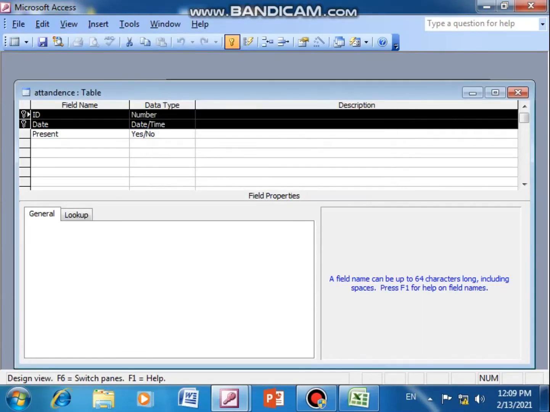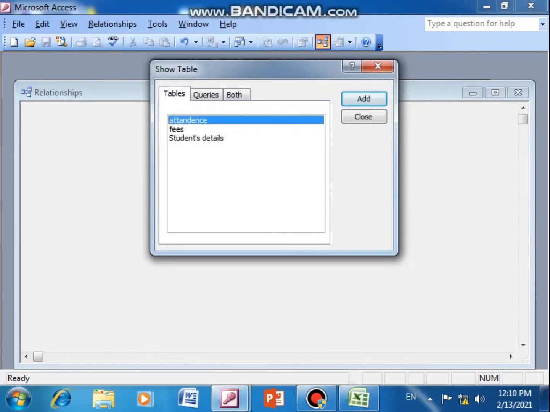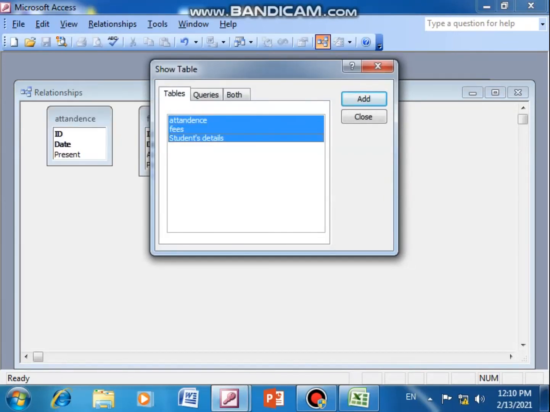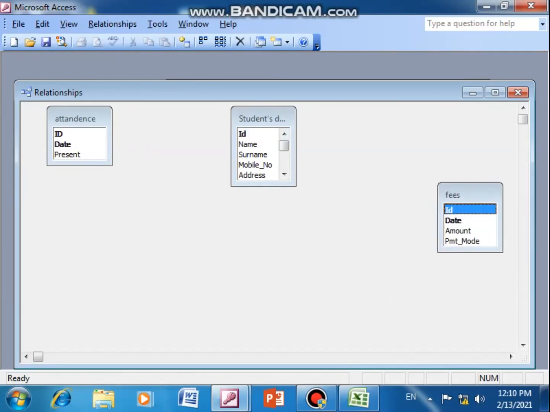Now just see, one more thing which is very useful is, as I told you, I have not taken the name field everywhere, but in the result if I want to know which student has paid the fees, I can know his name, his address, everything. So how to do that? For that we need to establish a relationship between all the tables. So I click on the relationship dialog box, in which I insert all the tables. Okay. Now which is the master table from these three tables?